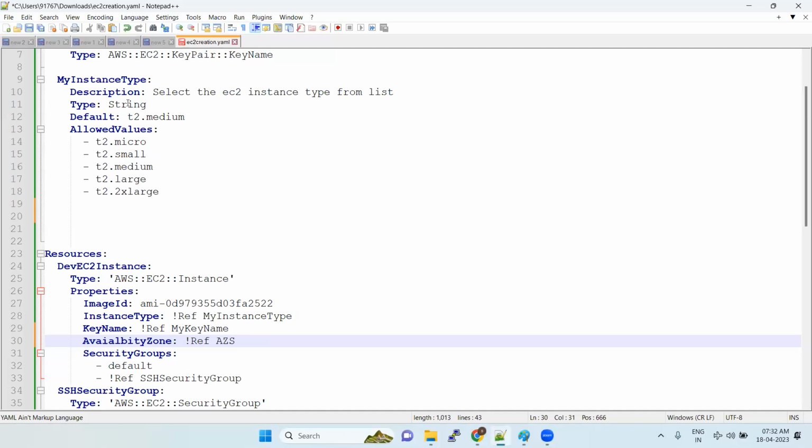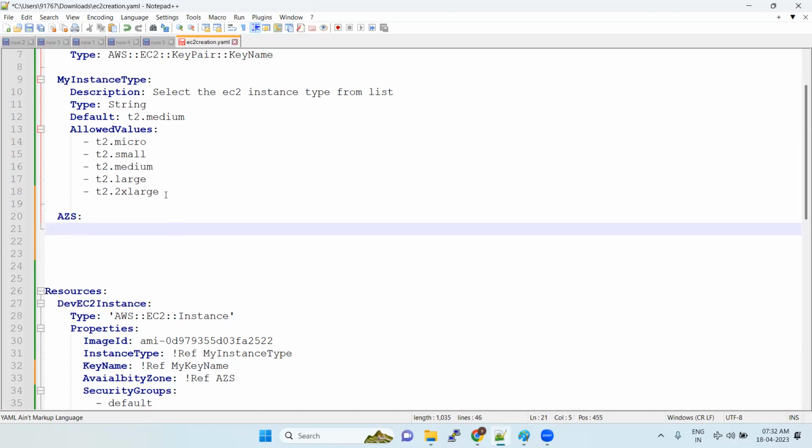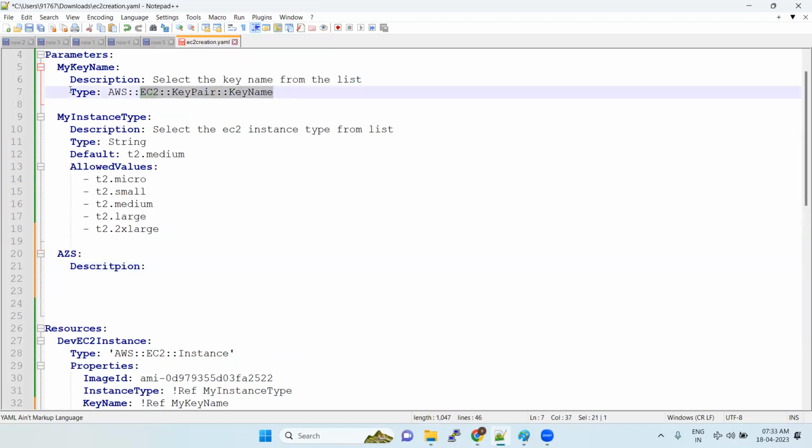So here instead of instance type, what can I pass? Availability zone, like this. Description like that. We can add the description and type, and for the availability zones, how we are fetching the key pairs, same thing, the type is there. Just we need to pass the type